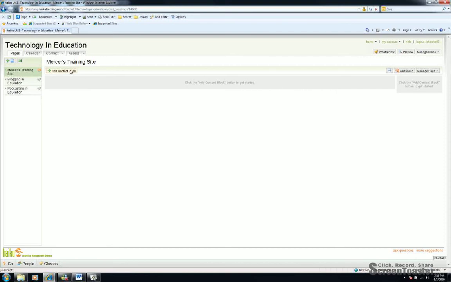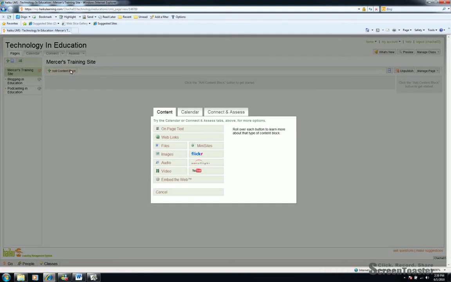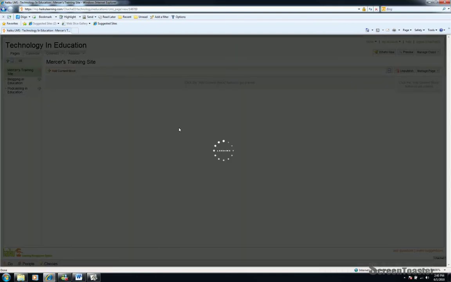I want to add content to this site, obviously, to make it meaningful. When you click on the Add Content block button, you get your content options, functions that you can work with. The first one we'll look at is on-page text. This is where you can type basically whatever you want and make it appear on the page. You can change the color, you can change the style, and just make it as aesthetically appealing as you would like. So we'll click on on-page text,